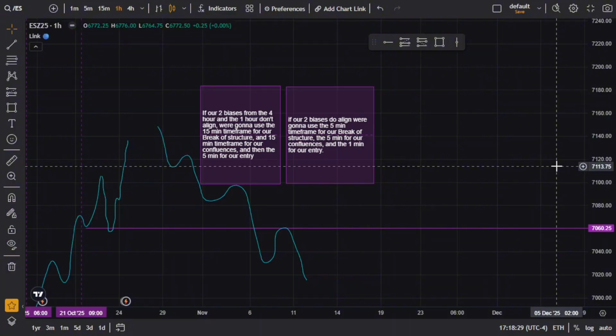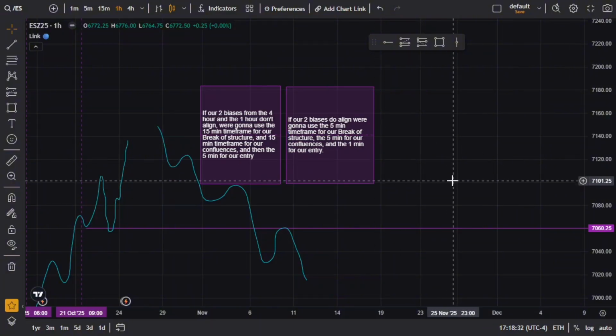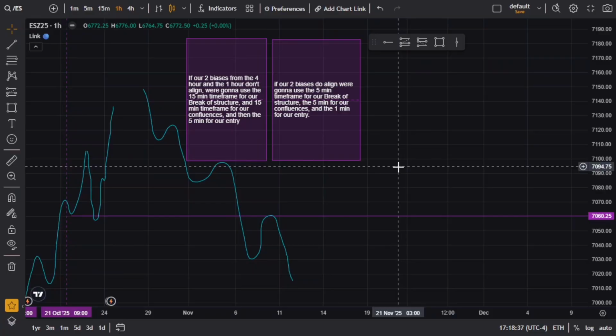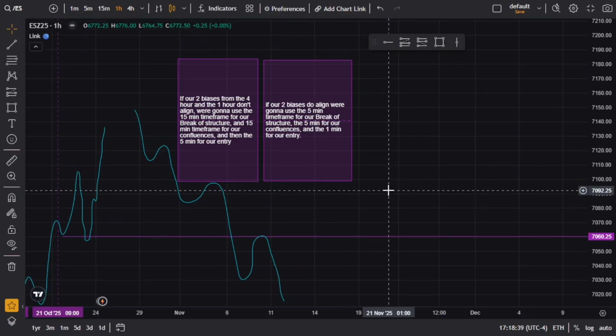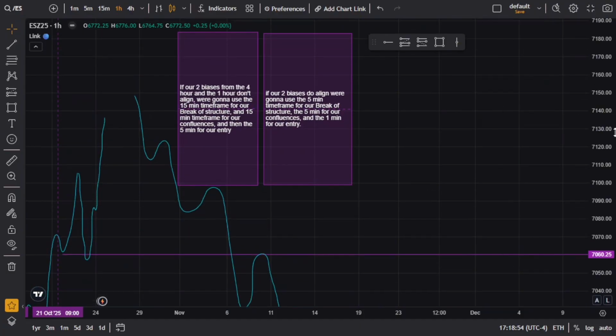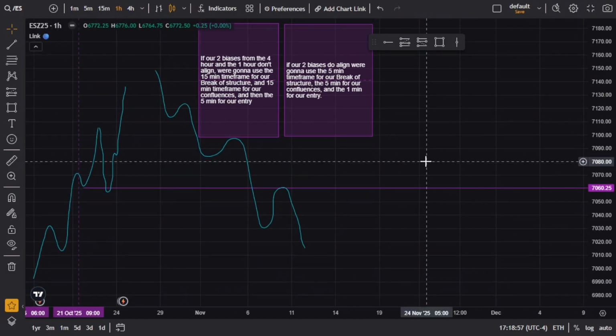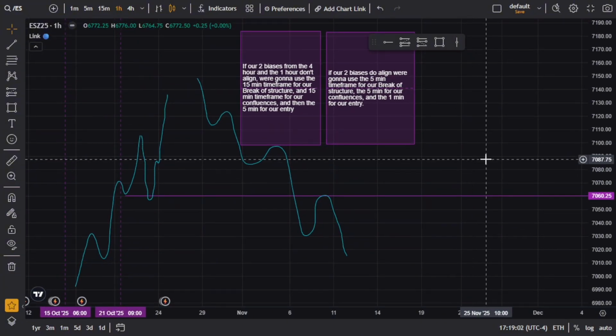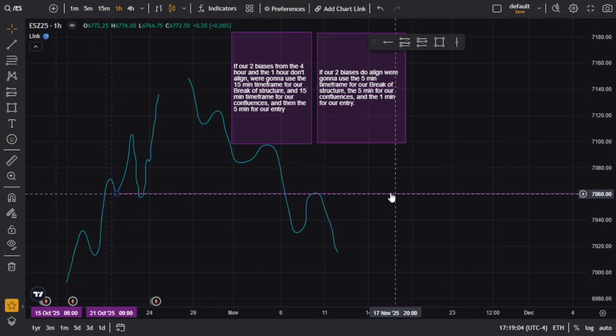Feel free to pause the video at any point and write any of this down in your notes. You guys should always be taking notes. I think notes are one of the most crucial points, some of the key points of trading. I take notes every day whenever I trade. I write down what I can do better. I write down what I didn't mark out, because not all days are perfect. Even though I don't lose a lot of days, I barely lose, I'm going to be honest. I don't lose a lot because I don't like losing. So the whole point of what I just said is just, journal.